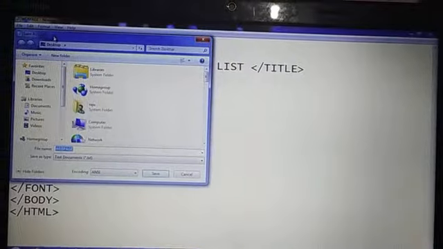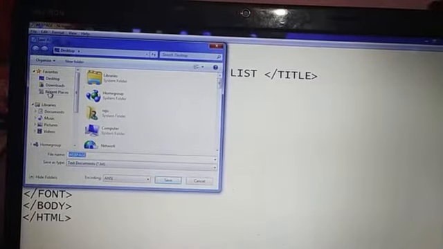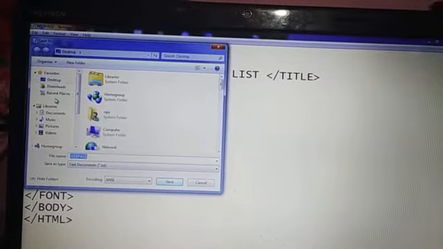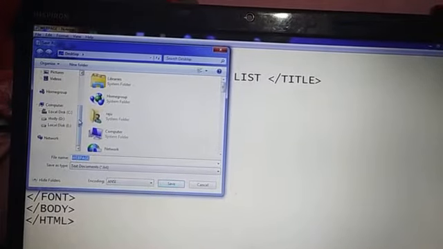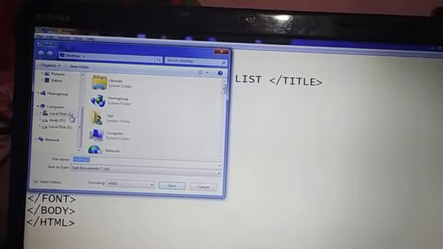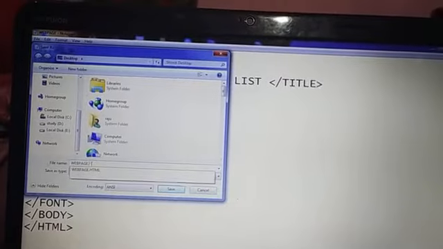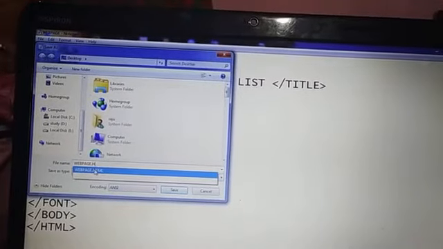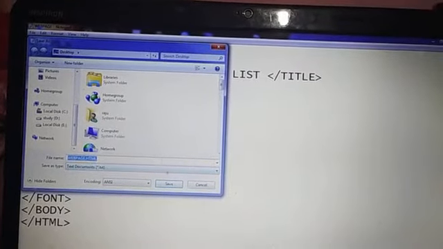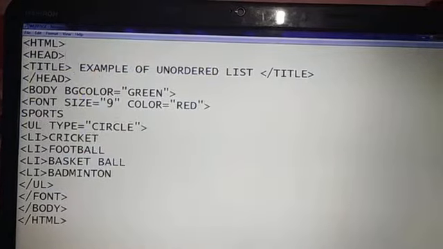This window will appear. If desktop is not written, from the left hand side you can select the desktop, and if it is not appearing, you can choose any disk like local disk, and save. Remember here, give the extension .html or .htm. Then click on save. Here it is already saved, so click on yes.